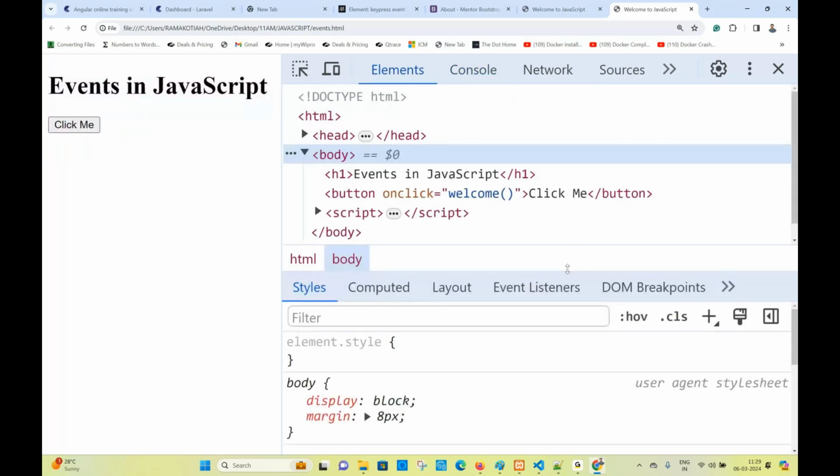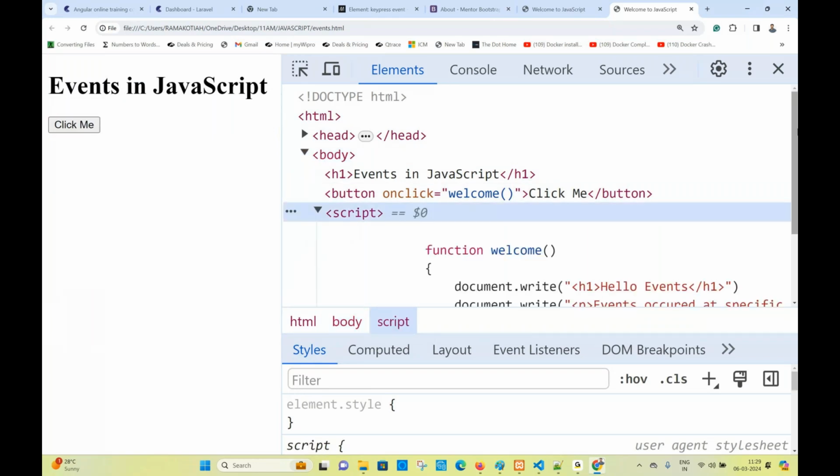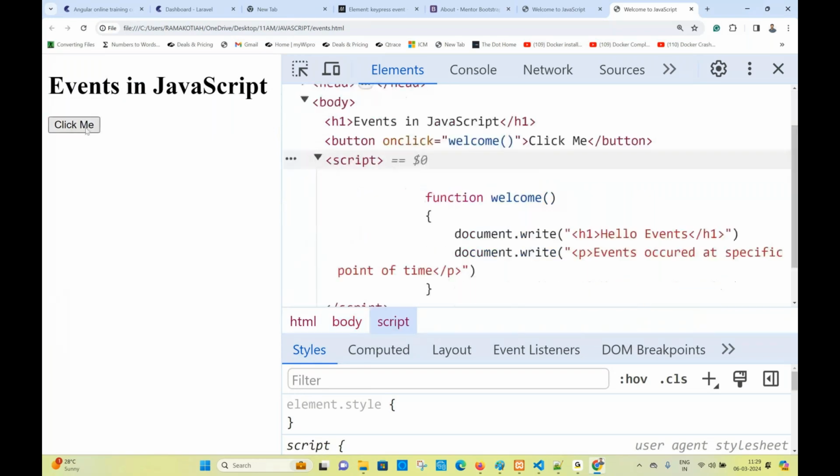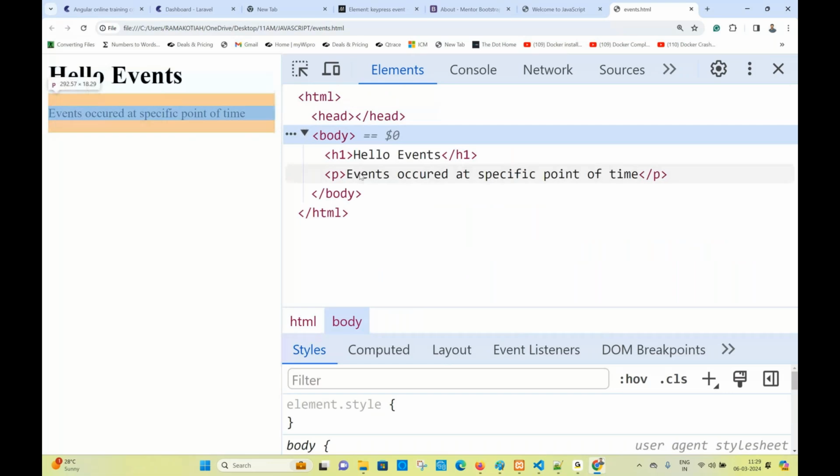In the DOM, we are able to see the body. In the body, we are able to see the H1, and we have some script also. If we click me, observe this right side DOM and see what happened in the body. Sir, H1 and P. Where is the script tag? You observed, on load of the page,